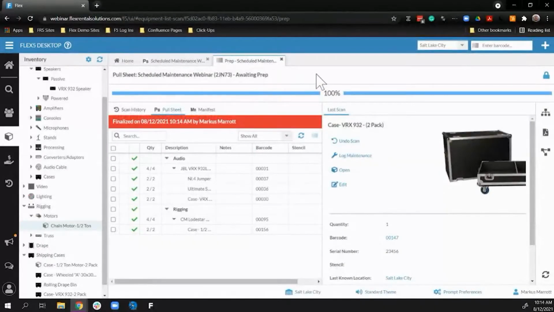And we're going to start to talk about some of the other things for it. So that's kind of the basics. I set up the maintenance. I set whether it's required or not required. And then I have it trigger things when I go to scan items into cases or onto events,